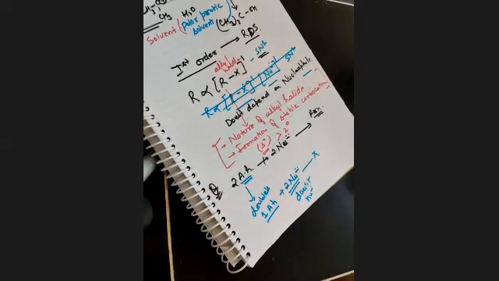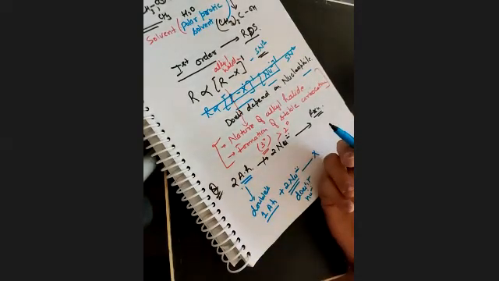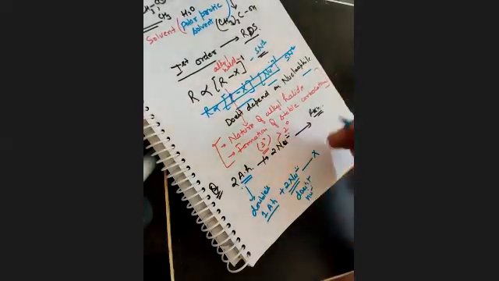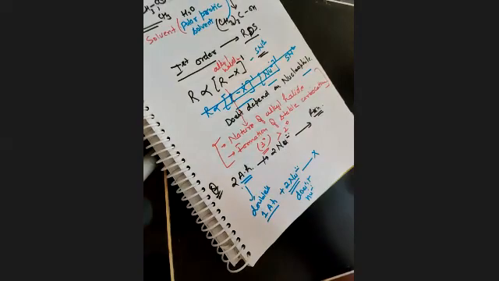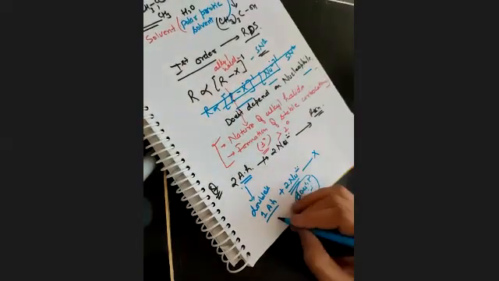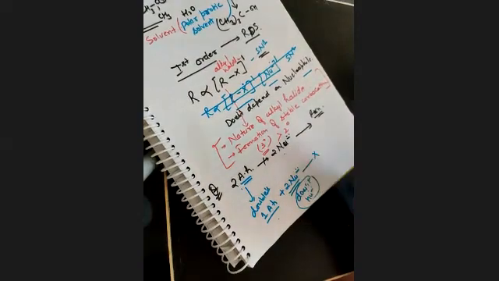Clear? If you double the alkyl halide, तब आपकी rate of reaction double हो जाएगा. ट्रिपल करोगे ट्रिपल हो जाएगा. But if you double or triple the nucleophile, you are just increasing the number of nucleophile, so it does not affect the rate of reaction. The rate of reaction will be the same at that time. Clear?